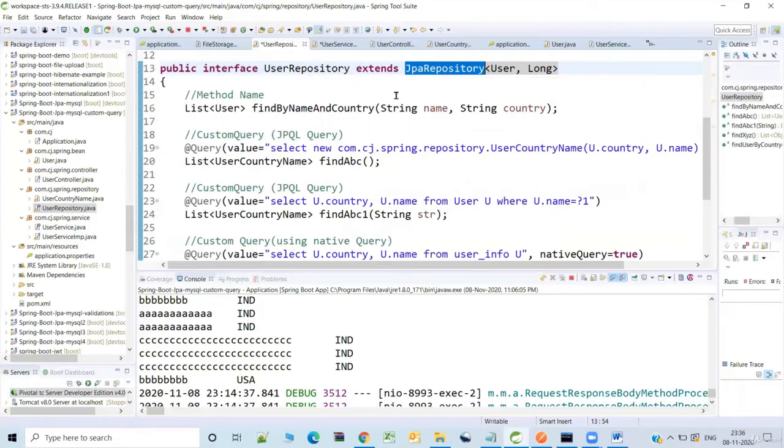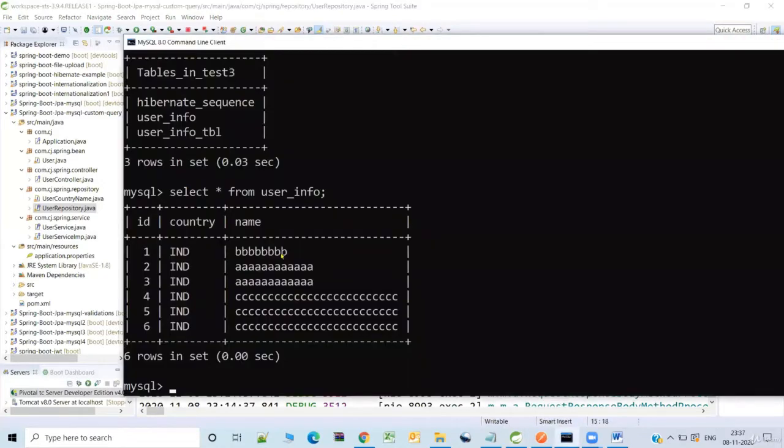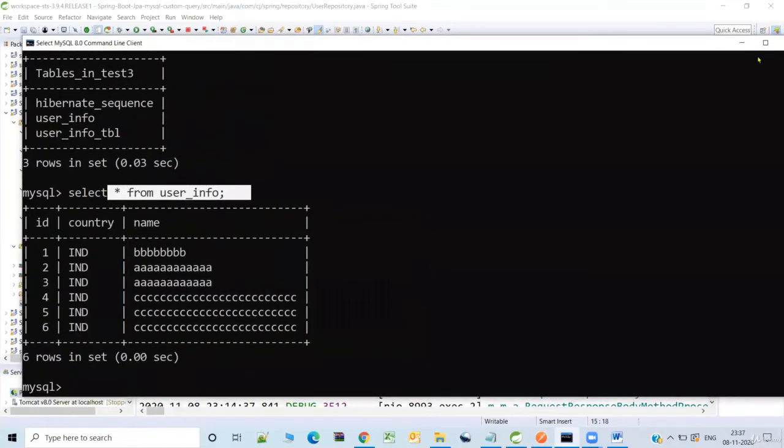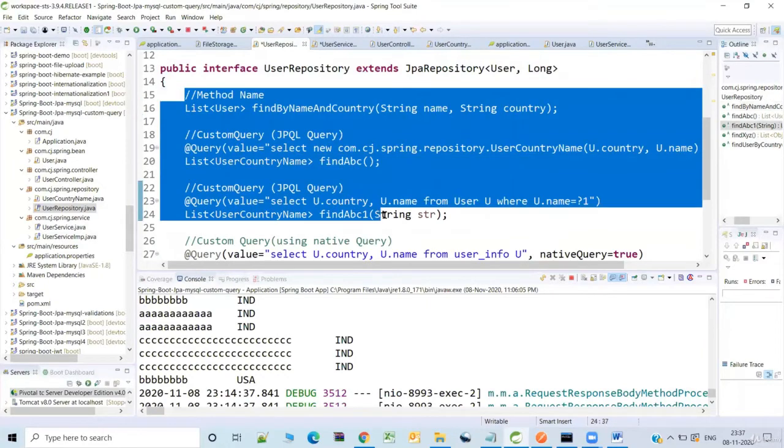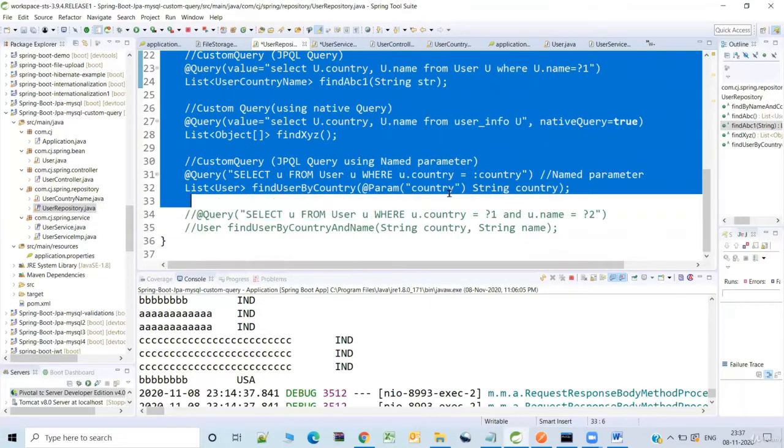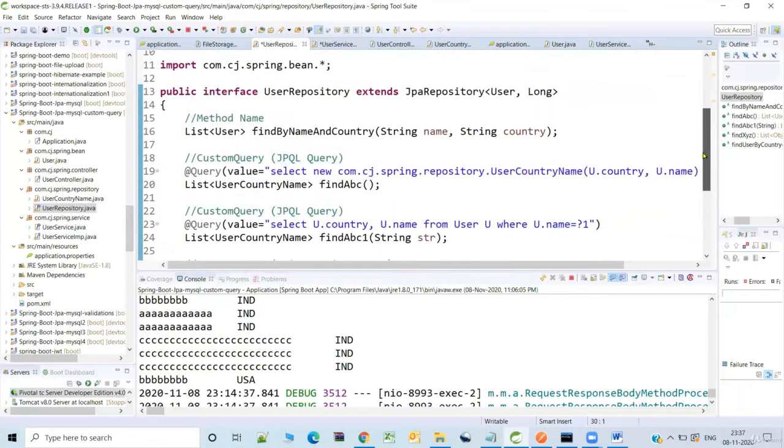So now let's try to run. I'm already running this, and I have sample data in the underlying DB table. Here I have a number of custom methods which I have additionally provided in the repository. But just to test some of them, I'm invoking these from the repository layer.